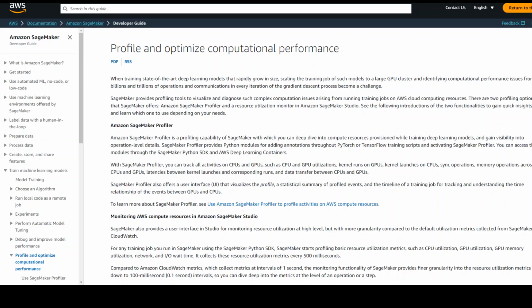AWS is going into generative AI slowly but steadily. Just recently, they have announced the preview of a new feature of AWS SageMaker, which is called Amazon SageMaker Profiler. SageMaker Profiler is a capability of SageMaker that provides a detailed view into AWS compute resources provisioned during training deep